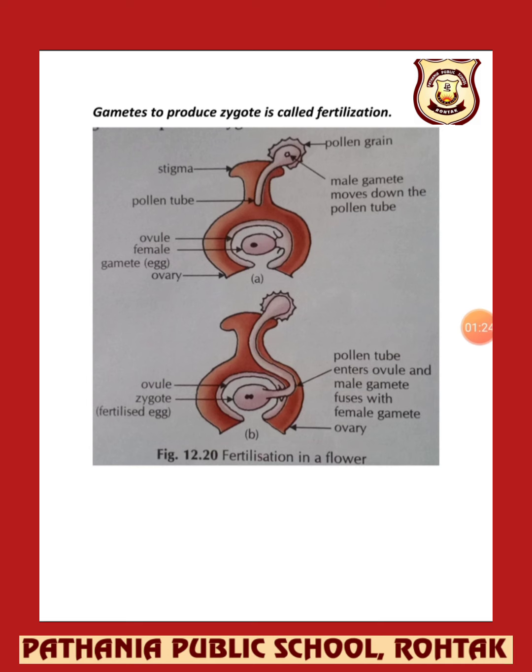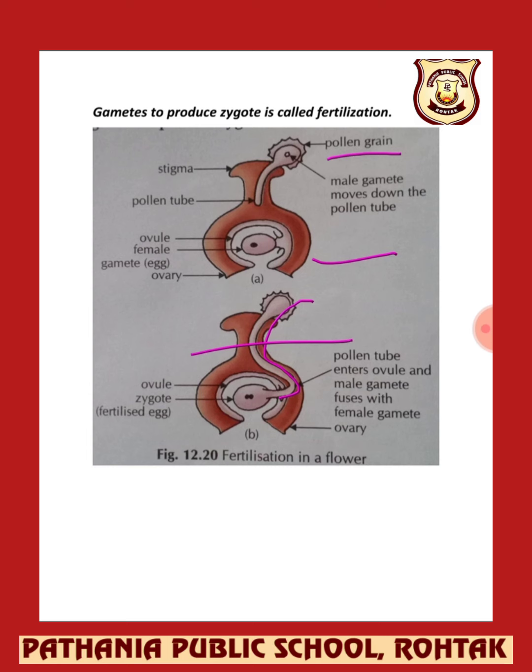Now see, these are the pollen grains, the male part having male gametes in it. Now this is all about the female part. Now these pollen grains enter through this tube. And when it is entering through this tube, what is happening? It is entering the style. This is the style part. Okay, it's a female part, and when it is entering through it